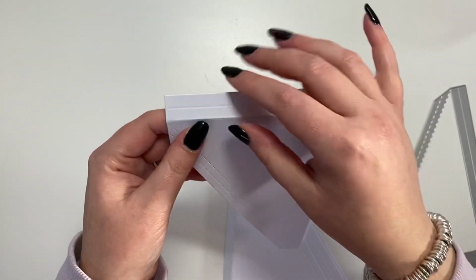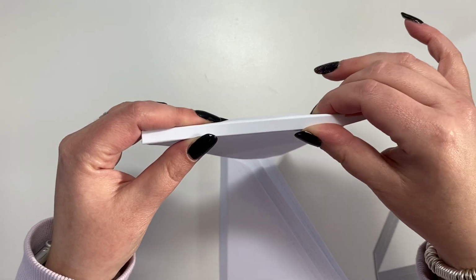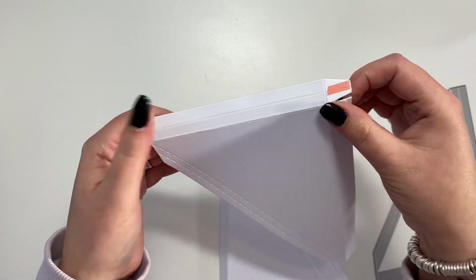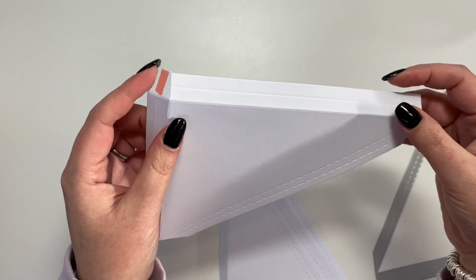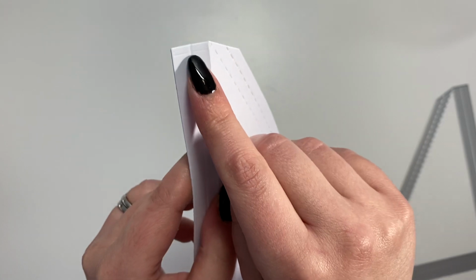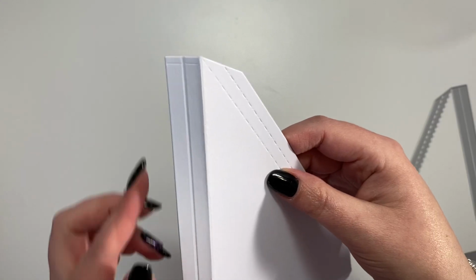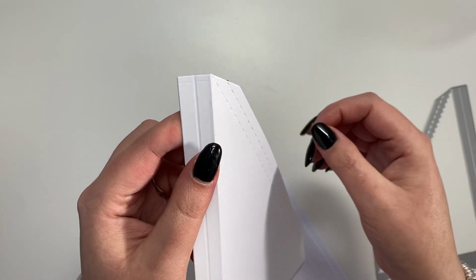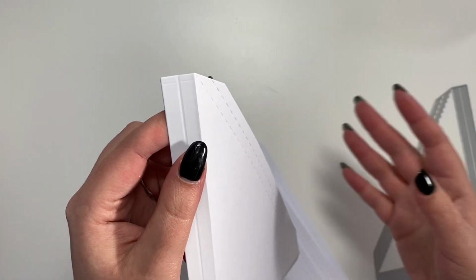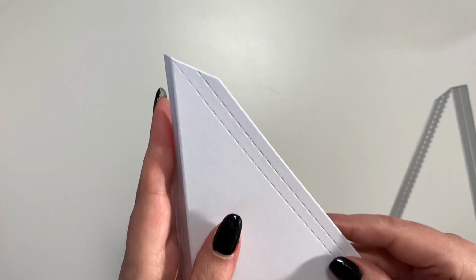Now this can be used either to fold back along to strengthen the sides of the box should you wish, or you can keep it at its full length here and create a deeper size box. So it really depends on your end project and what you want to achieve. You'll notice when you cut your corners, you will have a score line just along the top edge of the longest side of the corner. When you come to create your base, you need to snip along this line here on all 4 corners to create a slightly smaller base into which you can pop your card,